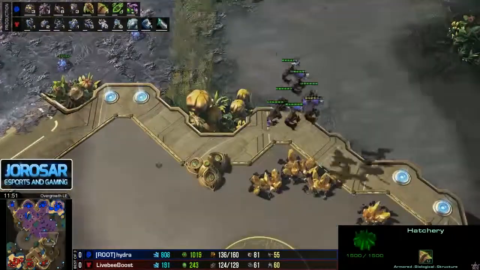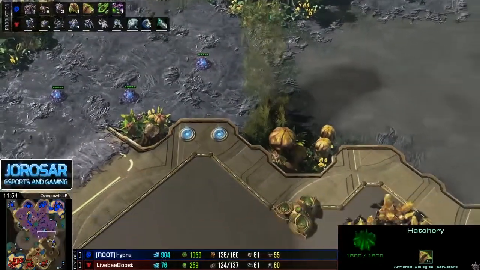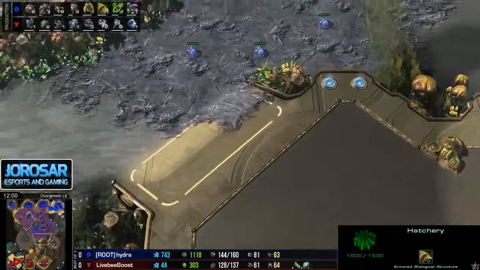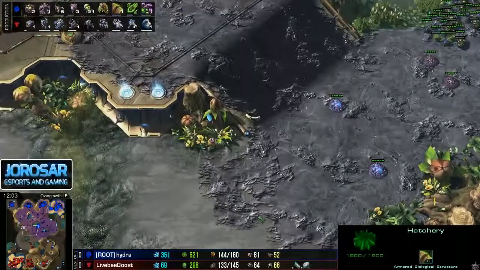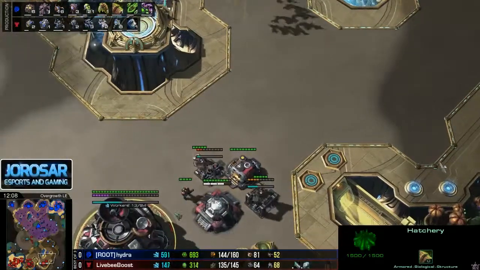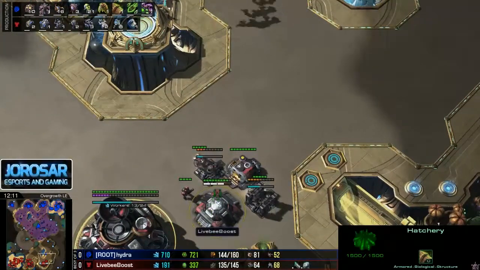Because look at that, he's had the Mutas flying around, and in the meantime, guys, the creep spread is nearly at the gold base of Major. We're at the 12-minute mark of this game. Hydra is so sick good. And Major, I mean, he has plenty of opportunities to potentially win this game, but so far,